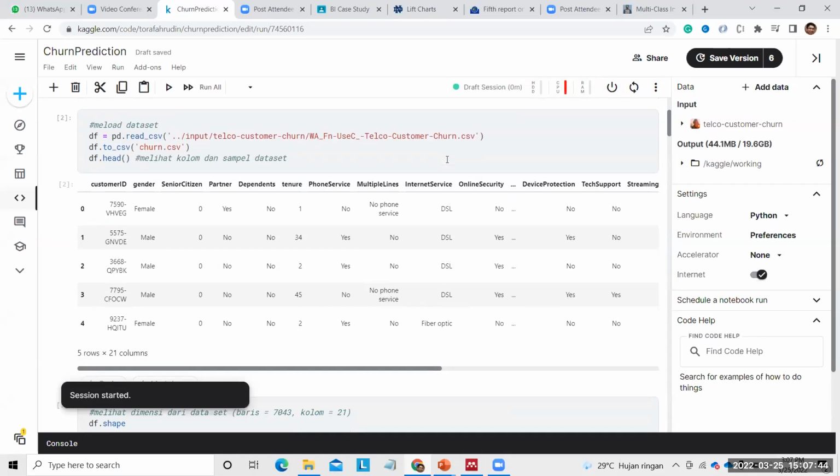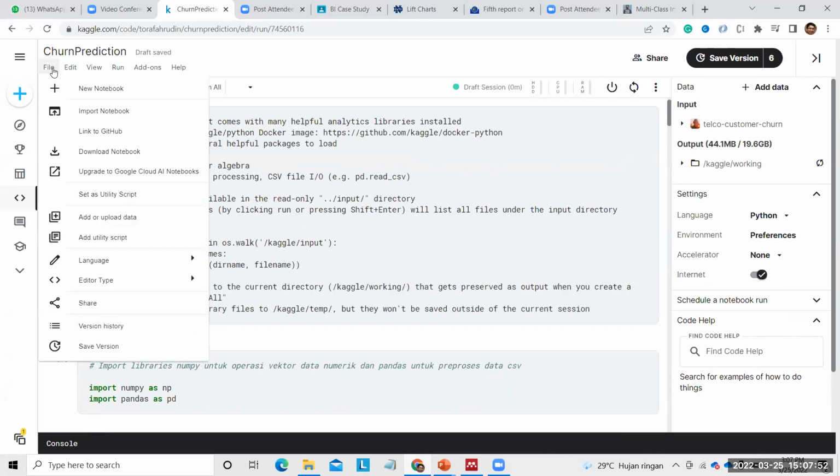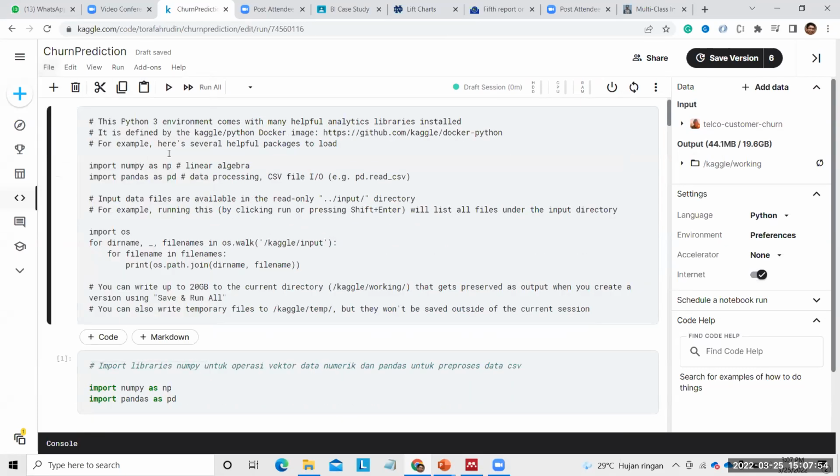The material has not been shared yet, Mbak? Okay, not yet. Maybe I can share the script. Okay, wait a minute.